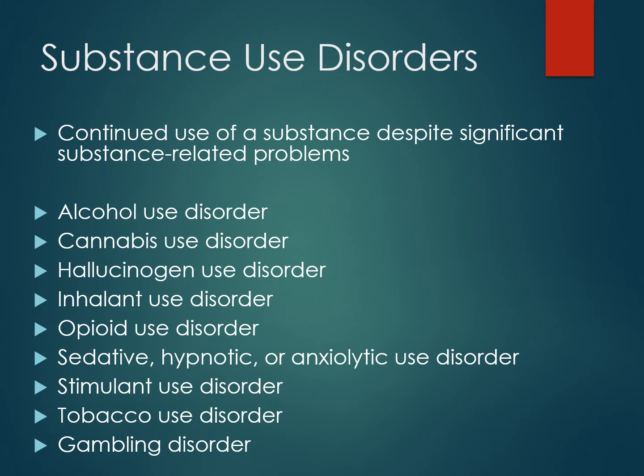Lastly, we'll discuss substance use disorders. These disorders all involve the continued use of a psychoactive substance, despite that substance causing the individual significant problems. The name of the specific diagnosis an individual would receive depends on what substance they are using and experiencing related problems from, though the criteria will all be the same. So someone might be diagnosed with alcohol use disorder, or with stimulant use disorder, or with opioid use disorder. Each of these people likely have similar problems to one another. It's just that different drugs are causing those problems.